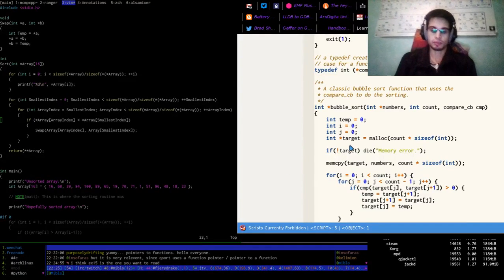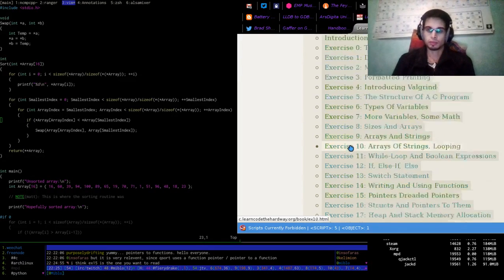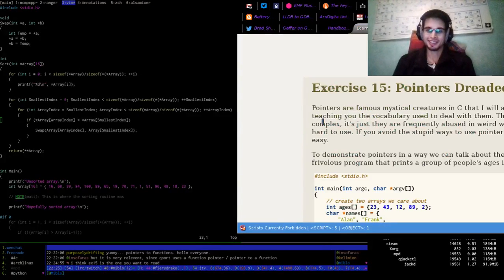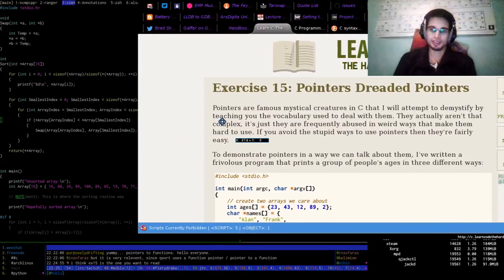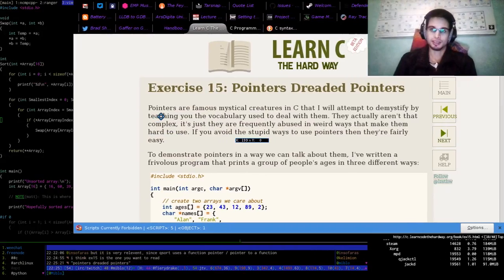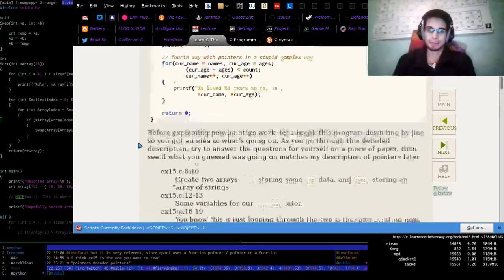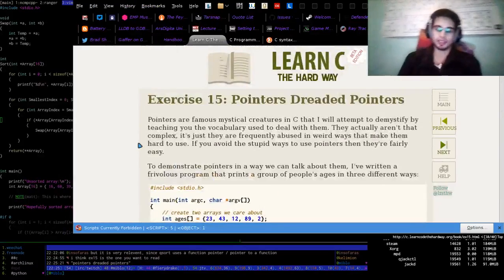Okay. Vector size 15. Oh, keeps coming back to this. Alright. Pointer to the pointers. Yeah. Alright then, so that's what I'll do.